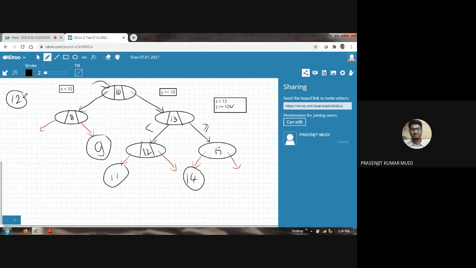I will compare whether 12 is equal to that root node value. They are not equal. Searching not found, so we have to move further. In this situation we have two branches, left branch, right branch. Now you tell me which branch you will prefer for searching 12.